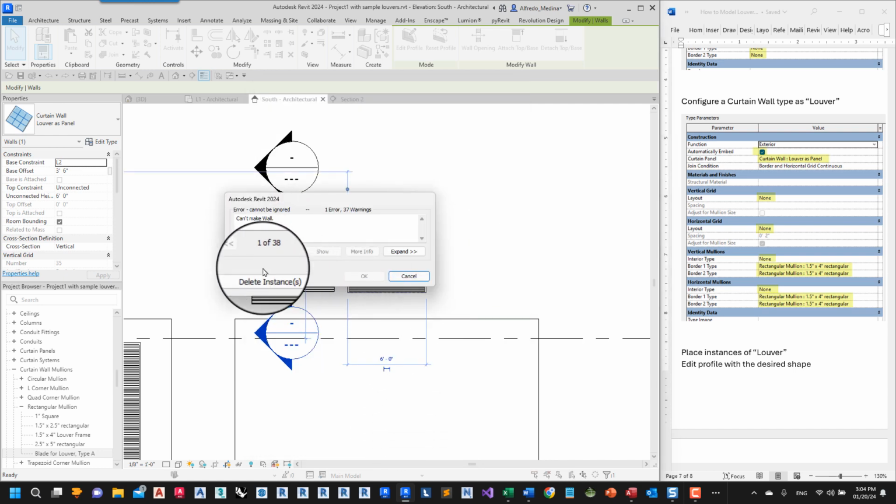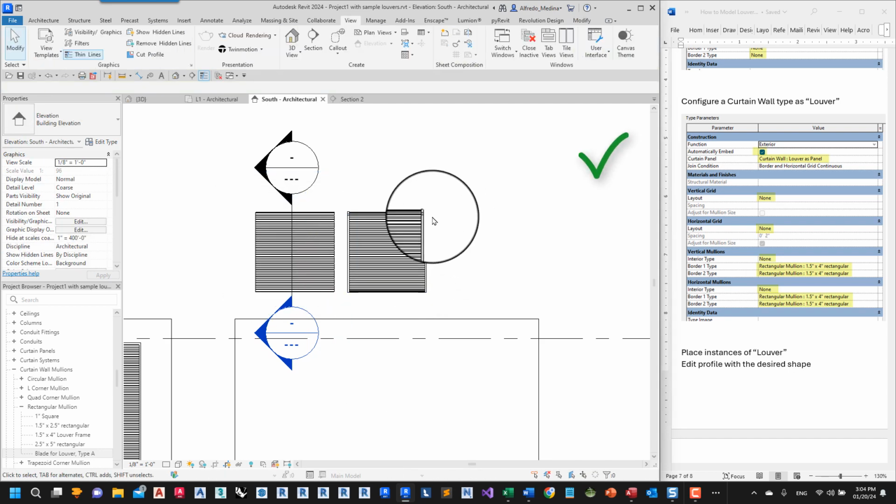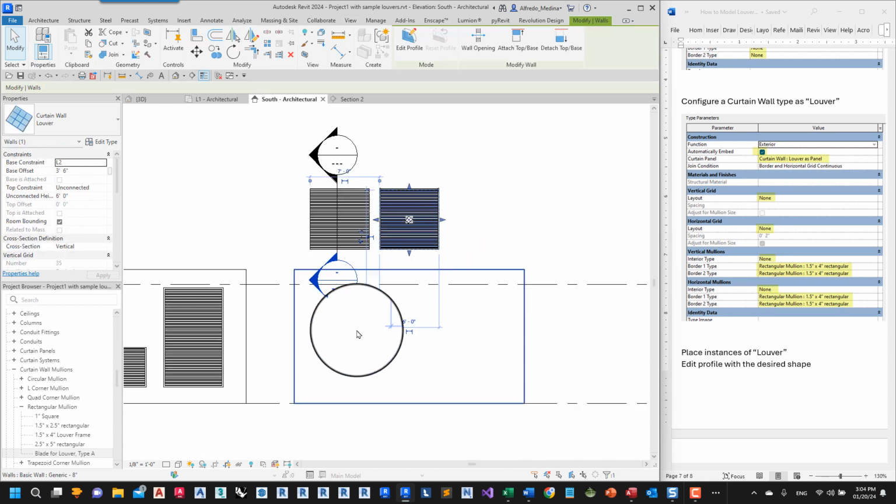And then, of course, Revit needs to delete some things that we had before, all the previous panels. And this is the new curtain wall as louver. Because this one can embed automatically into masonry walls, this is the one that we are going to use to create the different types like this.